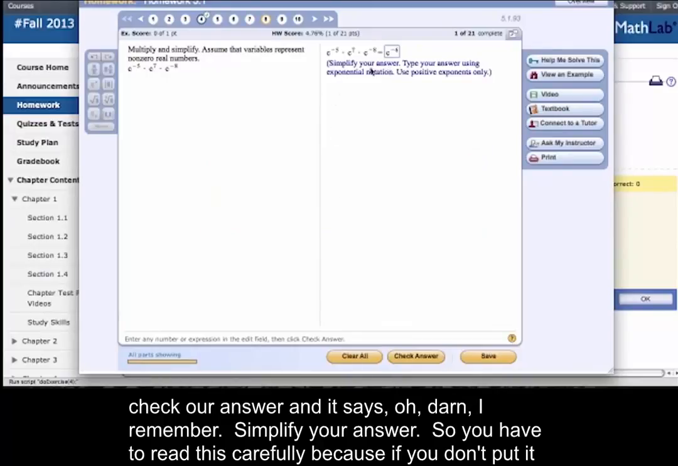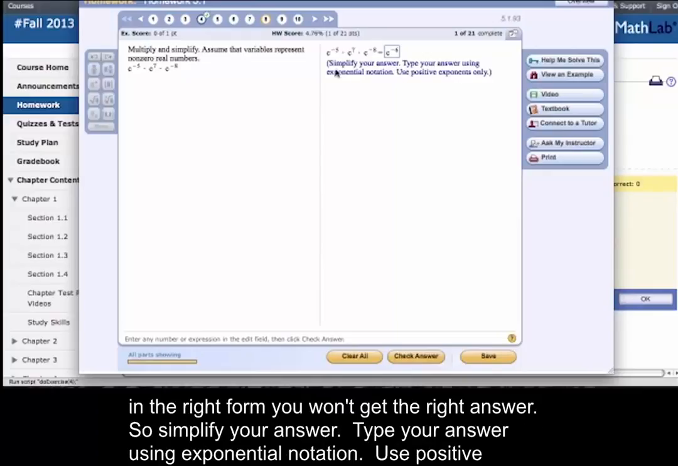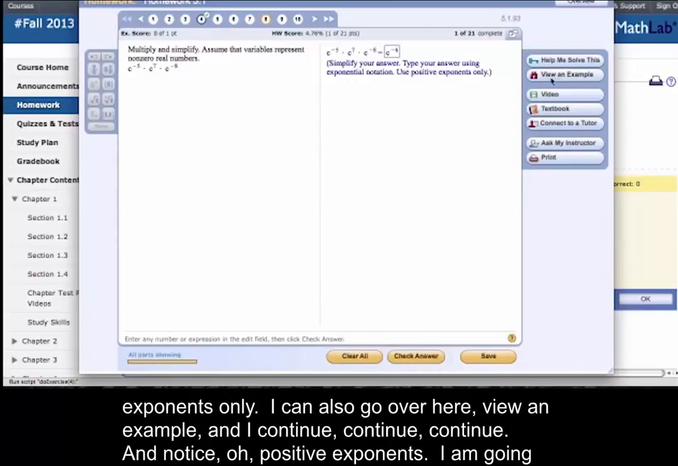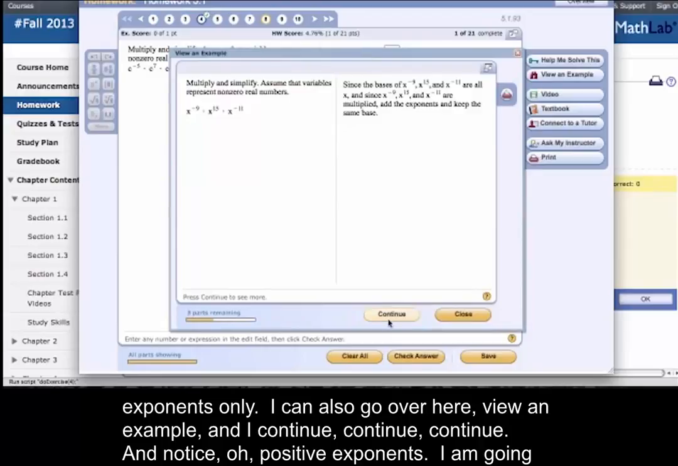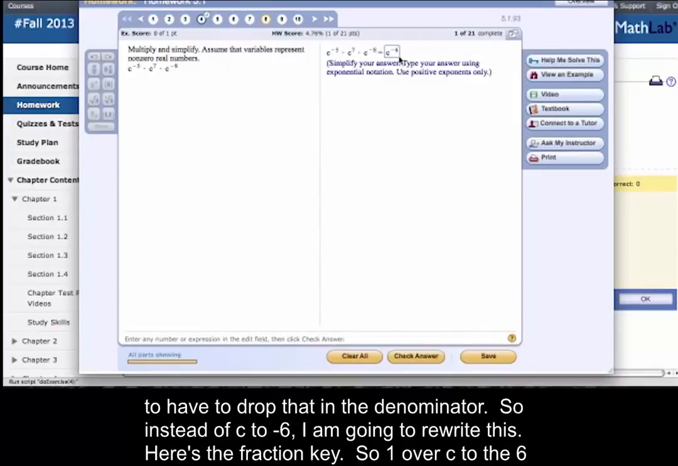Simplify your answer. So you have to read this carefully, because if you don't put it in the right form, you will not get the right answer. So simplify your answer. Type your answer using exponential notation. Use positive exponents only. I can also go over here, view an example, and I continue. And notice, positive exponents. I'm going to have to drop that in the denominator. So let's check. So instead of c to the -6, I'm going to rewrite this as, here's the fraction key,